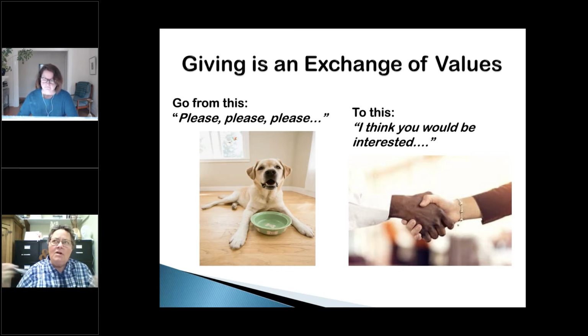Another way to understand it is people are going to give away their money. 65% of Americans, whether they're born here or come here from another country, 65% of adults living in this country give away money. And the only question for you is, are they going to give it to your group or somewhere else? It's not a question of are they going to give or not. That money is going out there. And your job is to get in the way of it, to stand in front of the person and say, as long as you're giving away money, how about my group? So be very, very clear about that. I think we let our anxiety about asking get way too much in the way of the really excellent work that we do. So that brings us to our next poll.